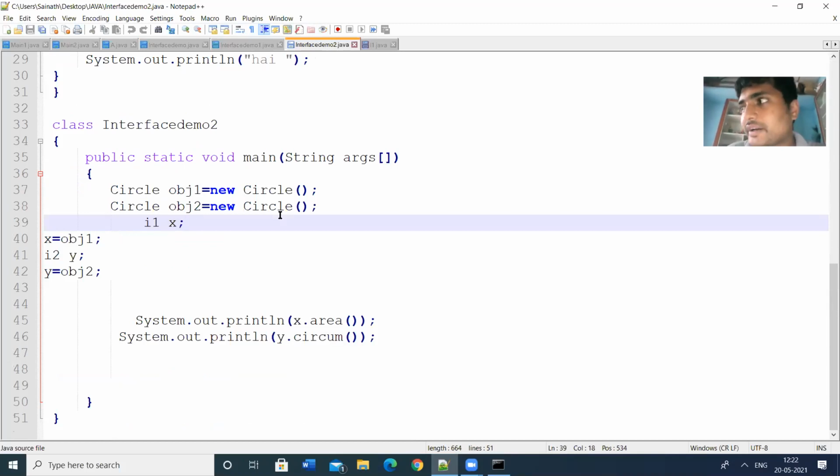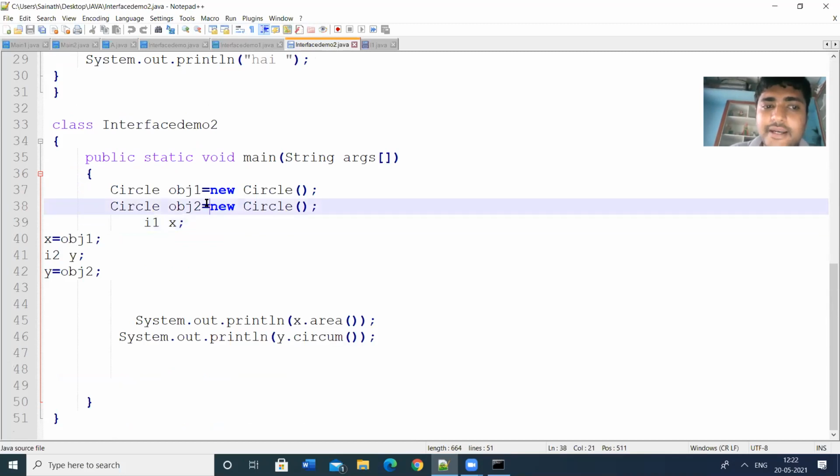We created two interfaces and a class that implements I1 and I2. Then in the main class, we created the objects obj1 and obj2, and then we are displaying the methods through X and Y. So these are simple illustrations of interfaces.